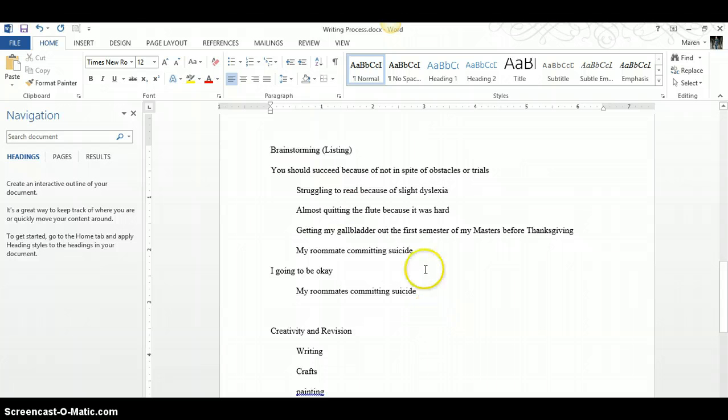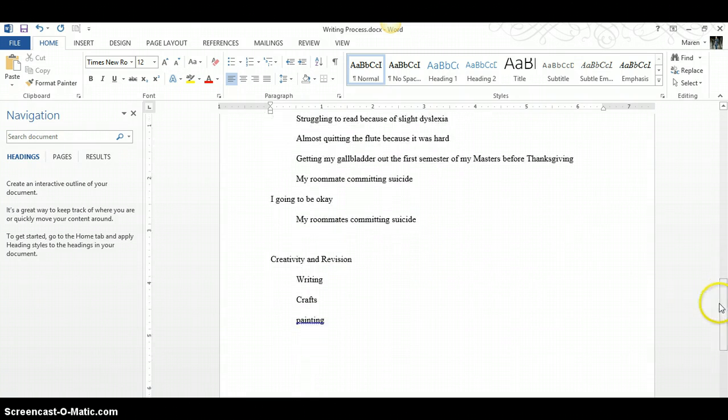So I would probably say this one might be the main one that I would use if I was going to do this one. Or creativity and revision. So I might talk about the main reason why I'm a writing teacher is because it is something where I can be creative with words and ideas, and also it's never really done that I have to think about revision, and that kind of applies to how I live my life, right? So I like to do crafts, I like to do painting, any of those kinds of things that give me a chance to be creative and revise different things.